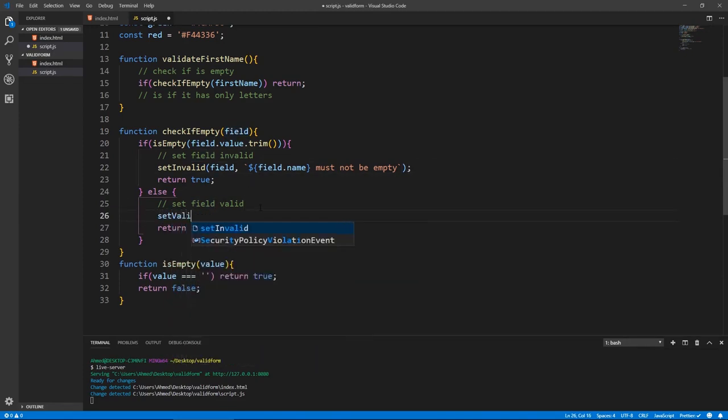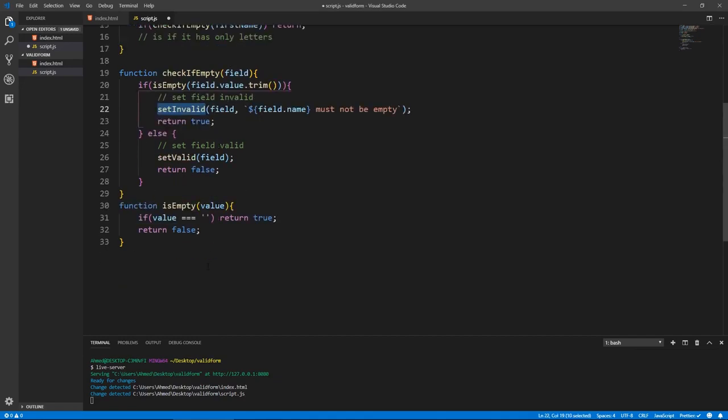We're going to use this function set valid, which takes the field, and that's it. It doesn't have an error message because there is no error. It's valid. So let's create these set valid and set invalid functions. Let's copy this set invalid, and let's create it. So function set invalid, which takes a field and the message, which is the error message. What it does is it takes the field.className. It takes the field and gives it a class name of invalid, which Materialize CSS is going to make